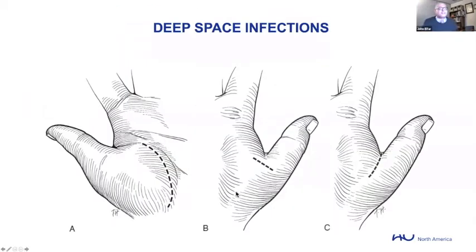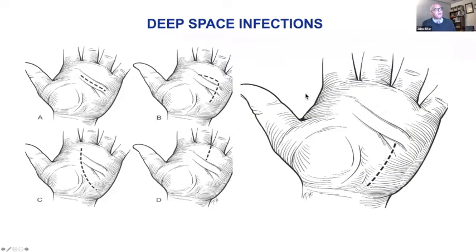There are incisions that are classically used for some deep space infections. I wanted to show you this generally pretty safe thenar incision, or this dorsal first web space incision. Here's another variant of that incision. These are pictures that once you see them, you know what to do when you have pus in these places. Out of all these incisions, I think I've used them all. I have never used and probably will never use this. I think it's oriented in the wrong direction for me. But what's important is that